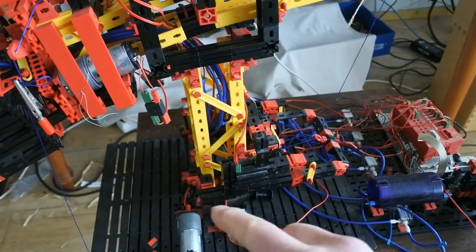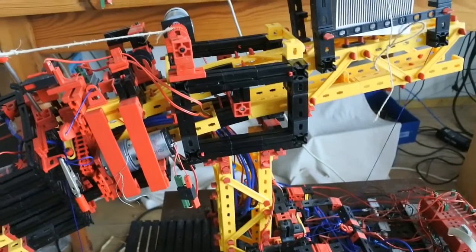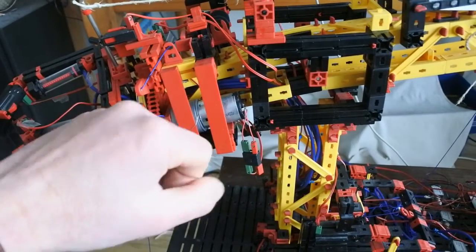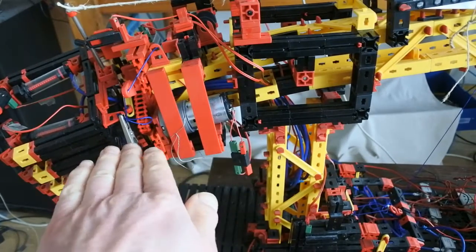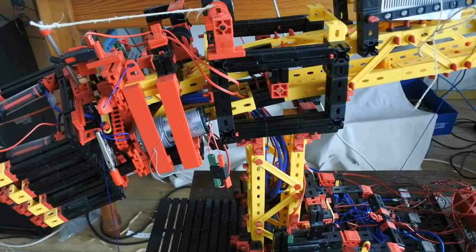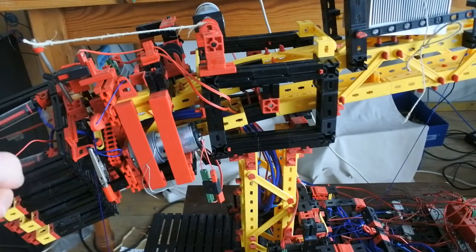Arm pivot to turn it around its base. Lower gearbox for the arm pitch, and the pitch is this movement. Then a roll mechanism to make this movement, a pitch mechanism which makes this movement, and the motor for the pitch is on this side. Newly constructed, and a kind of extension to the pitch right here to lift the arm, to lift the hand